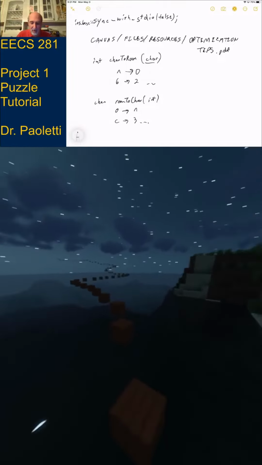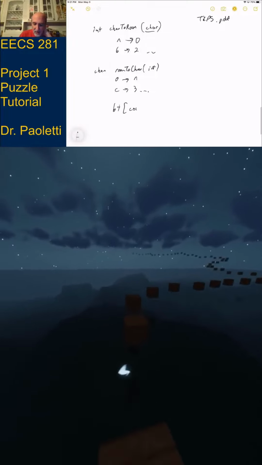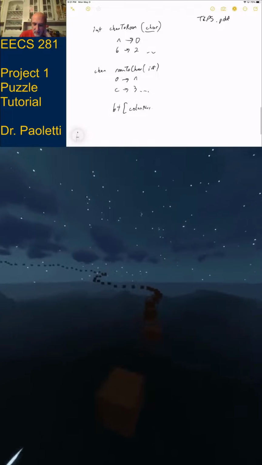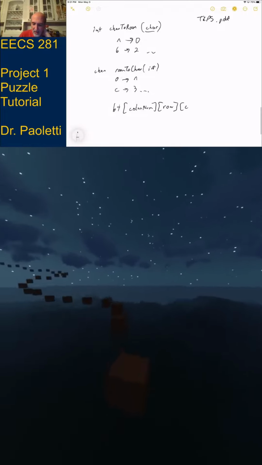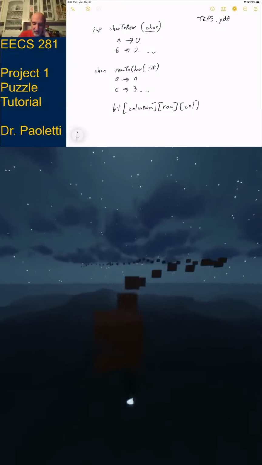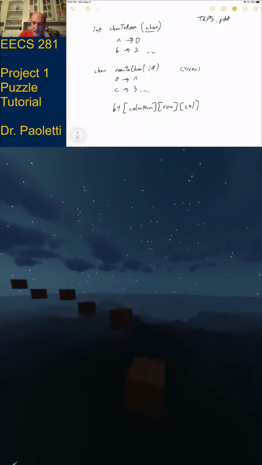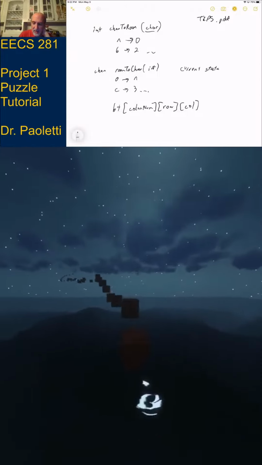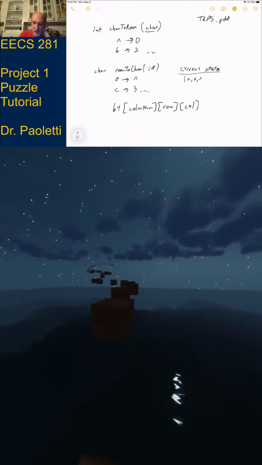Remember way back when I said we're going to do something like backtrace square brackets color num, square brackets row, square brackets column? That's why we need a function, because sometimes I know my current state is like caret 02.